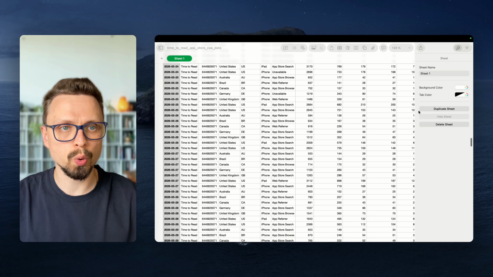So let's go to case number 2. Let's imagine that you have raw data from any marketing, any product, or any marketing activities. For my example, I created a sample based on my real product, the Time to It iOS application that I have on the App Store, and you can download a sample like this from the App Store or generate one using Claude or any AI model. What I need to do is transform this raw data into a dashboard that I can use with my team or with someone who wants to look at my numbers.